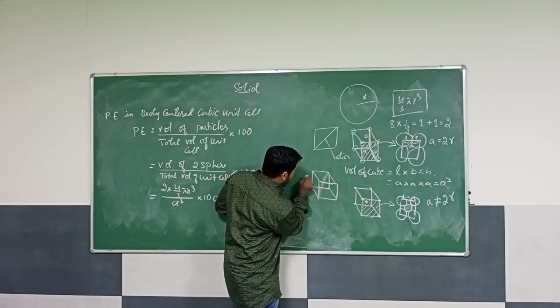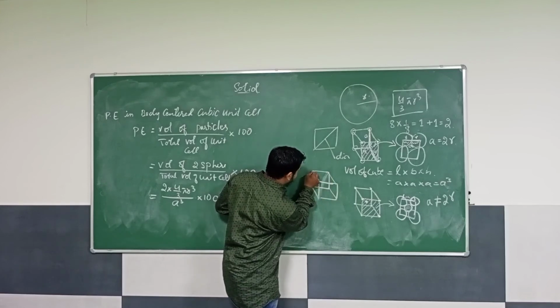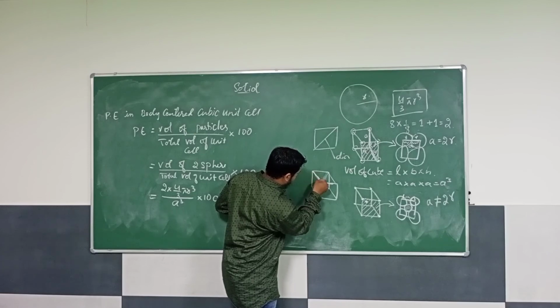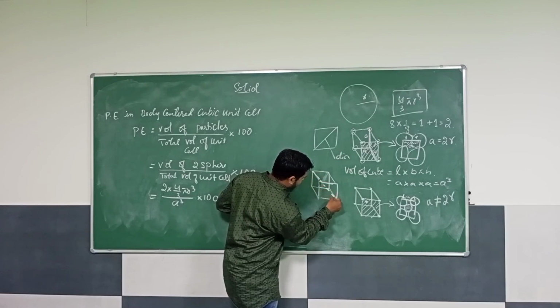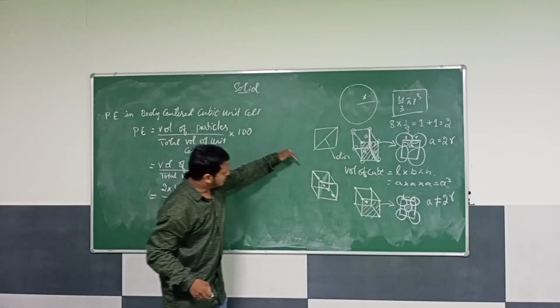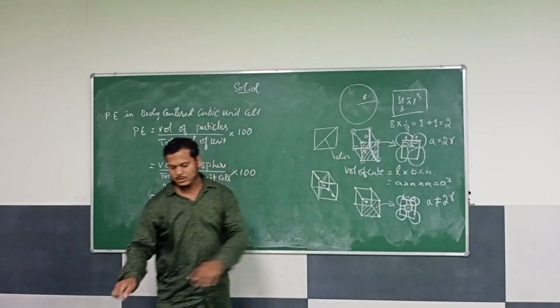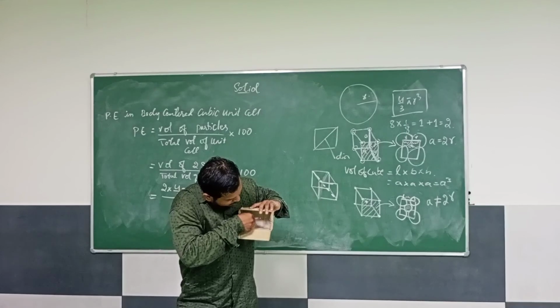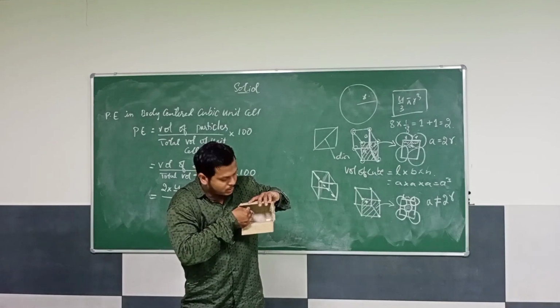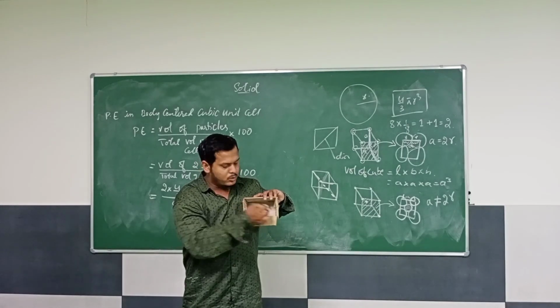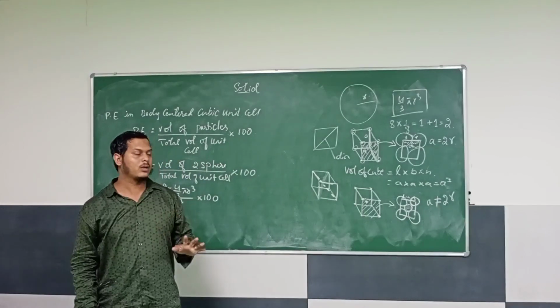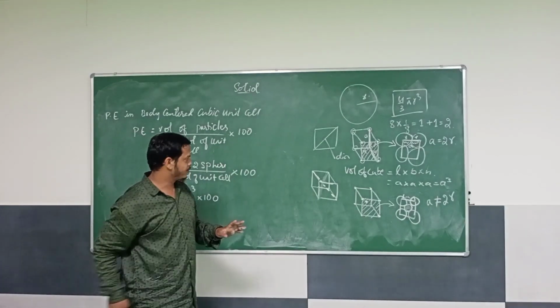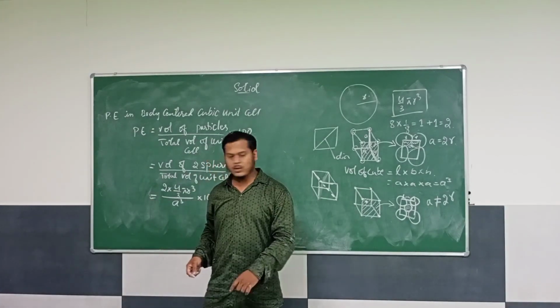From this line to this line. Can you see? This line becomes my body diagonal. So here you can understand it clearly. This line becomes a body diagonal from this corner to this corner. So this is known as body diagonal. Are you getting it? So in order to solve this,